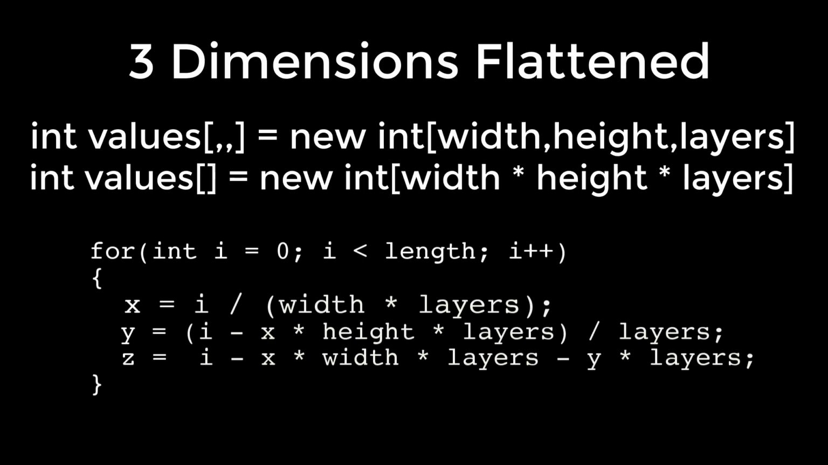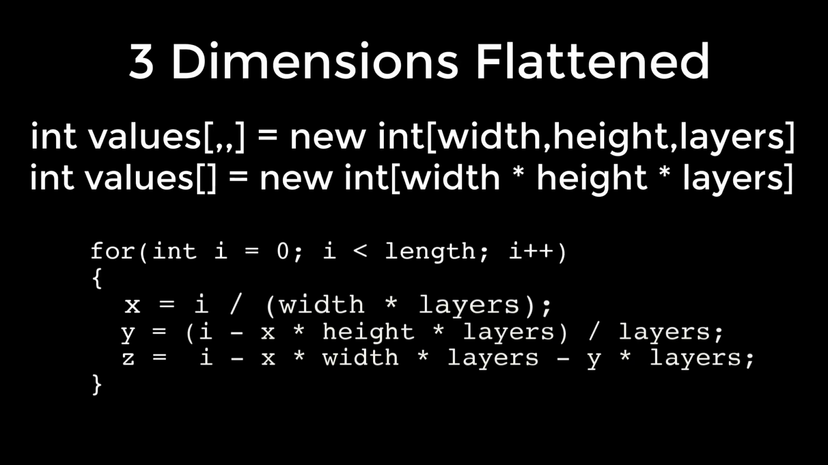When you flatten a three-dimensional array, it goes from having 3 indices, width, height, and layers, to a single value where the array length is width times height times layers. Then to access each individual position so that you can tell which row, column, and layer that you're in as far as X,